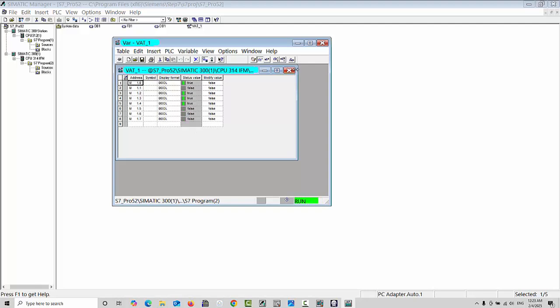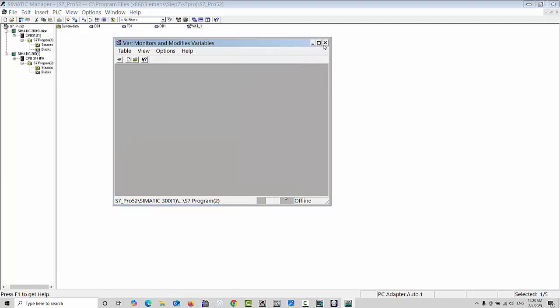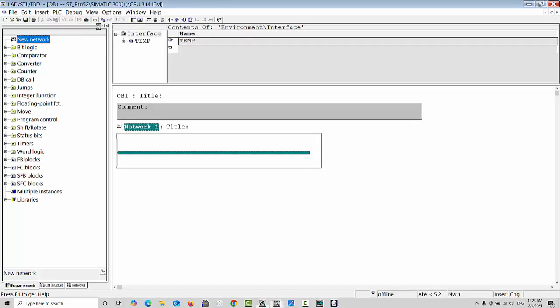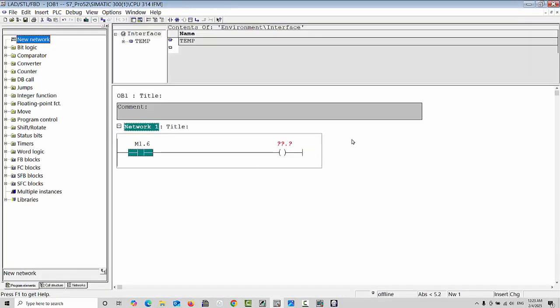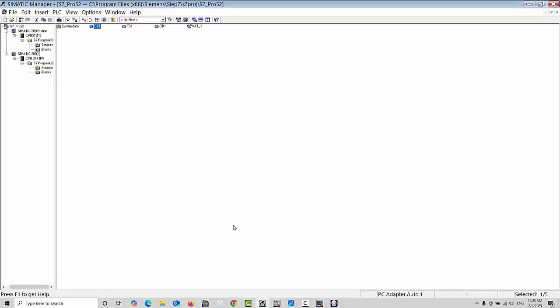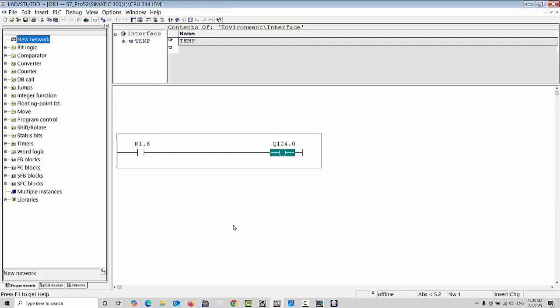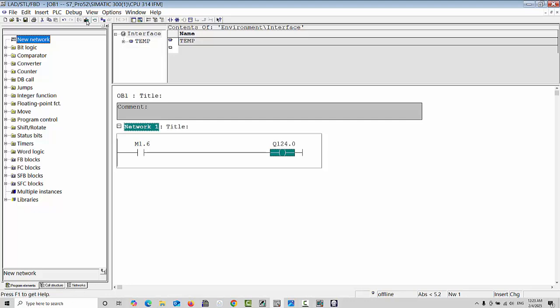And how we can apply this: cancel this all, and you can go to OB, and here you can open just this one, and that's output, and here you can give M 1.6, and next give the address Q124.0. For example, this is my first output of my PLC, and download this one,